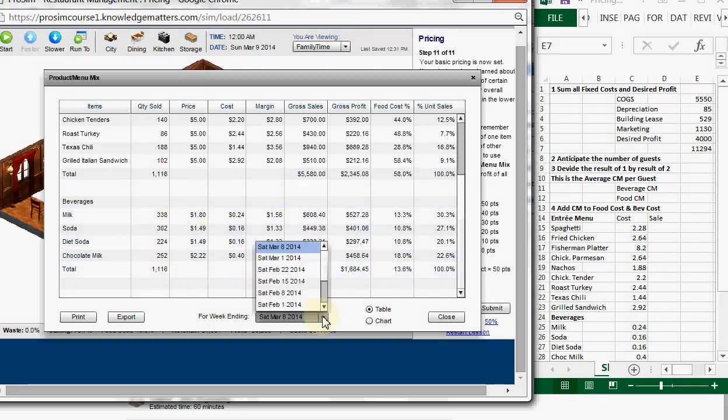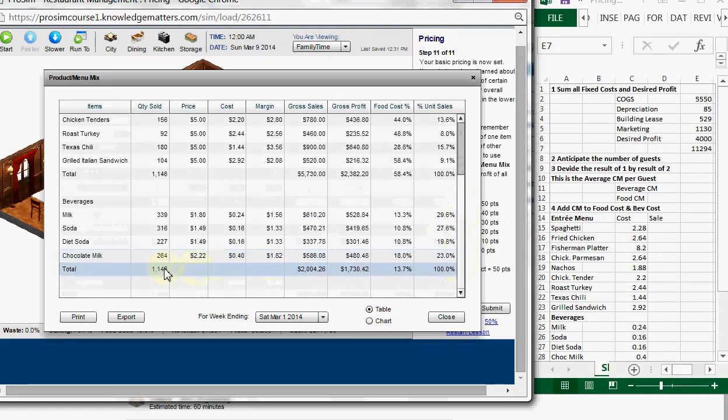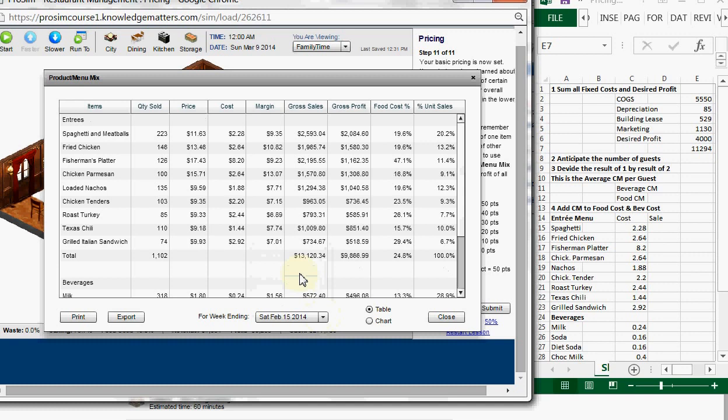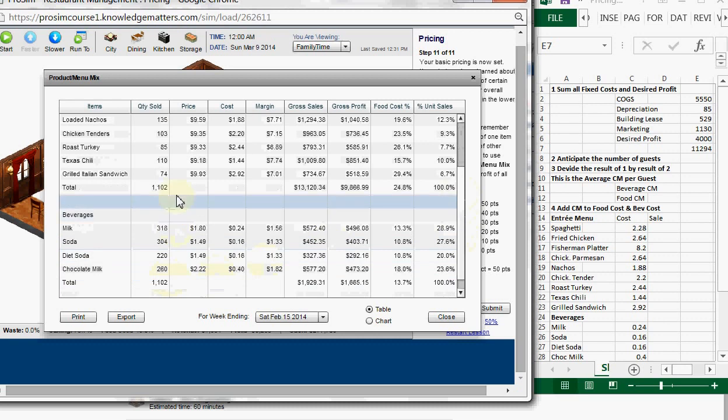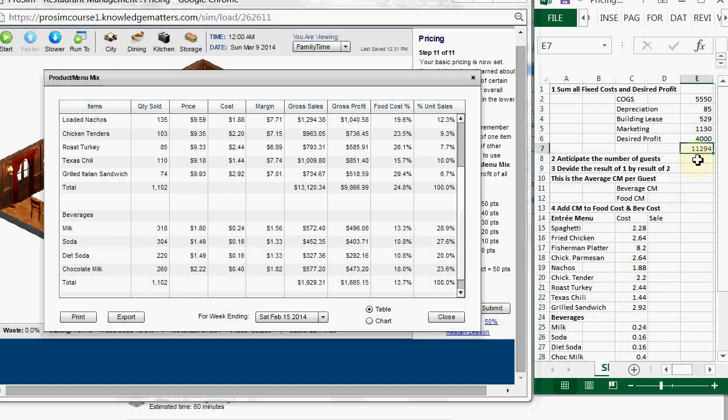So I'm going to look at what was the week before. Also 1,146. Same thing here. Go look at the last 3 weeks. 1,102, and so on. So I see that we always have about a little over 1,100 entrees sold and 1,100 beverages sold. So what I'm going to do is factor this 1,100, yes, and what I want to do is, if I divide